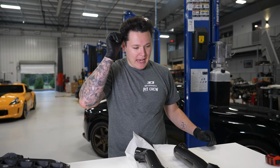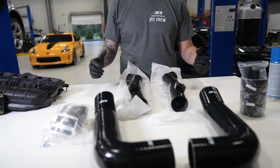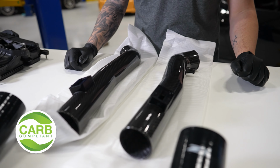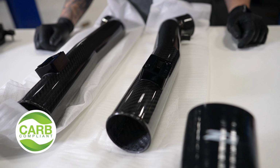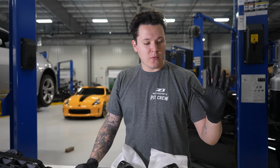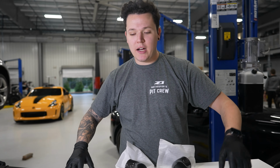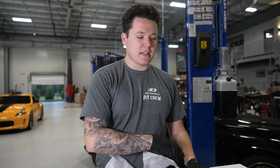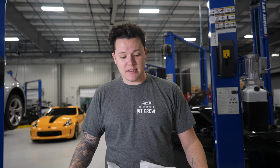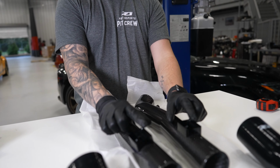Alright, so in front of me I have the Z1 carbon fiber cold air intake kit. These ones are CARB approved, which is great for you California guys. We're going to pop this one in. They're in this lovely carbon fiber. We have our new filters. We have all new hardware, silicone hoses, gaskets, everything's ready to go. So I'm going to pop this one in, remove the old MAP sensors and pop them into the nice little